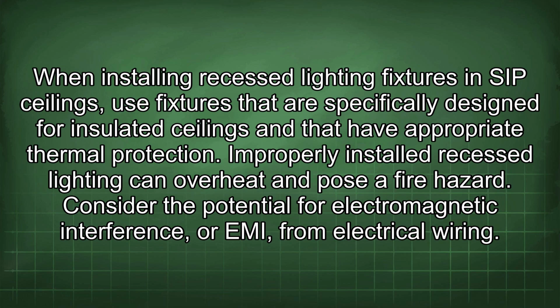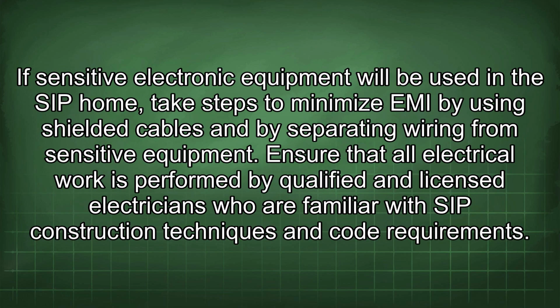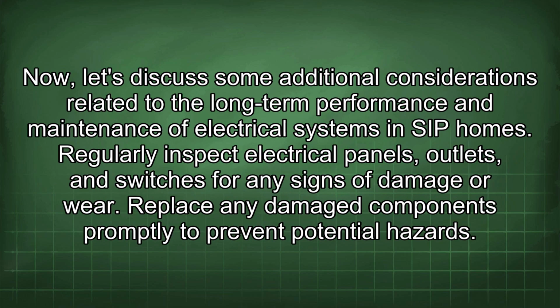Consider the potential for electromagnetic interference, or EMI, from electrical wiring. If sensitive electronic equipment will be used in the SIP home, take steps to minimize EMI by using shielded cables and by separating wiring from sensitive equipment. Ensure that all electrical work is performed by qualified and licensed electricians who are familiar with SIP construction techniques and code requirements. Now, let's discuss some additional considerations related to the long-term performance and maintenance of electrical systems in SIP